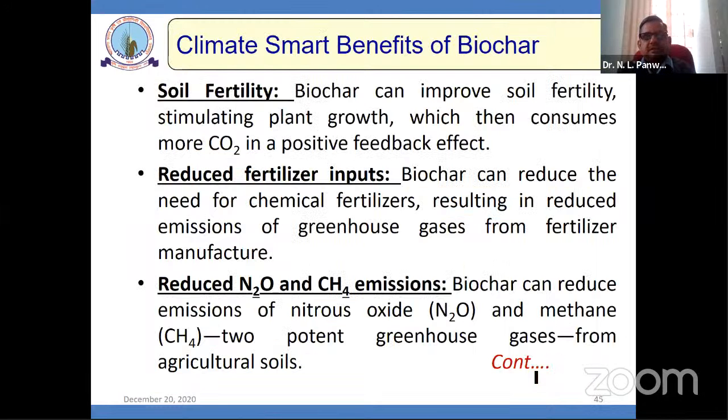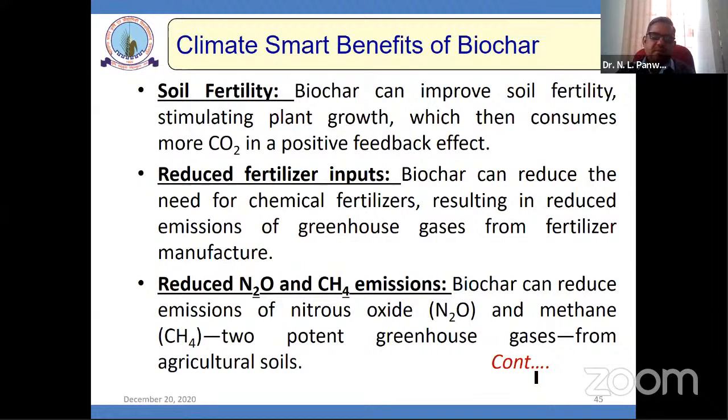And so the smart climate benefit discussed for this biochar: it improves soil fertility, stimulating plant growth, your feedback effect. So plants consume more carbon dioxide. It means it is a carbon sequestration mode and reduces your fertilizer input. Our honorable Prime Minister has many times mentioned that we are going to increase the income of the farmers also. So certainly that reduces the input. The biochar certainly reduces the need of chemicals,